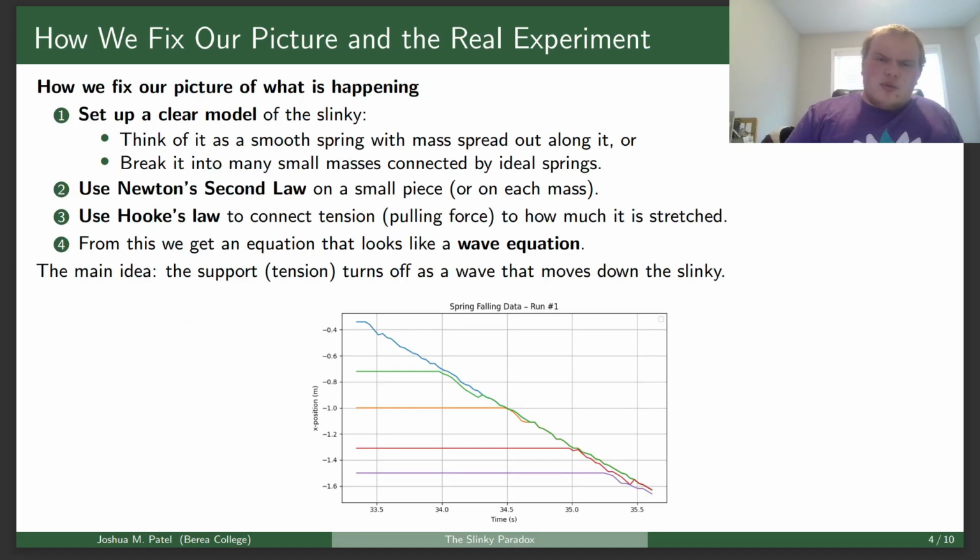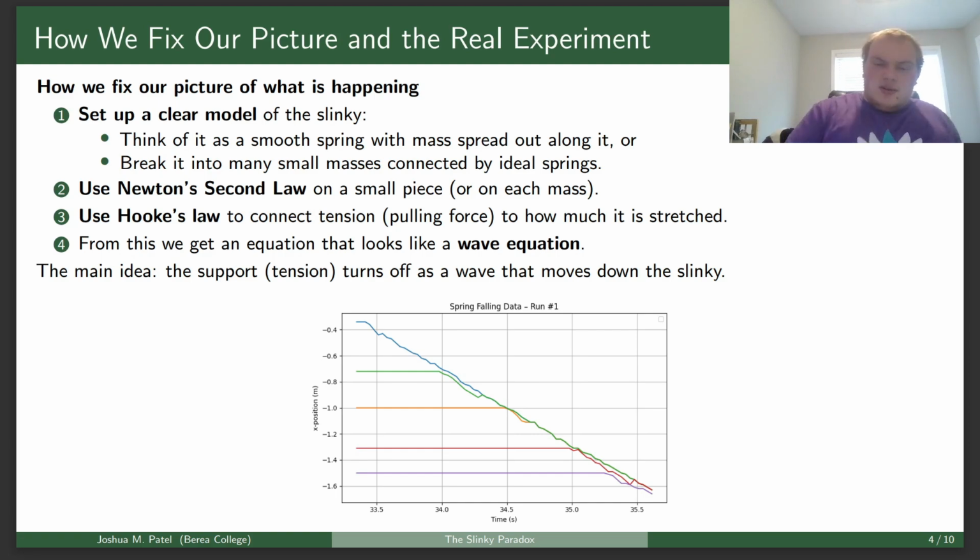So how do we develop an intuitive sense? We're going to set up a clear model of a slinky, and we're going to say, okay, we can break it into small parts, small masses that each can have a strain, and then we're going to use Newton's second law on those small parts, and then we're going to use Hooke's law to find a relationship between the tension and our spring constants, and then we're going to get an equation that looks like